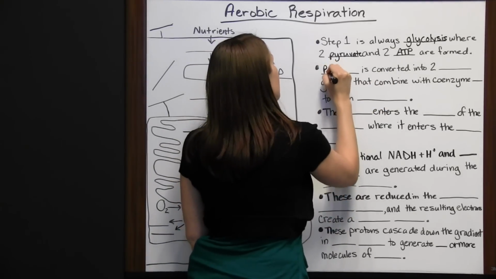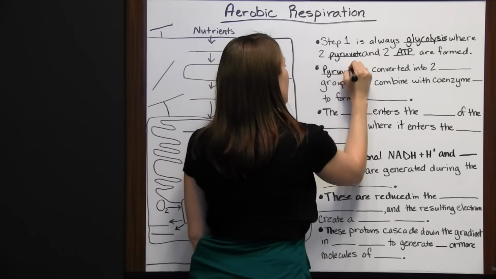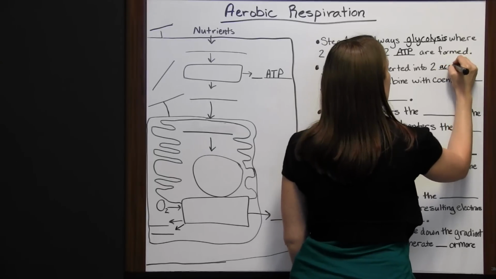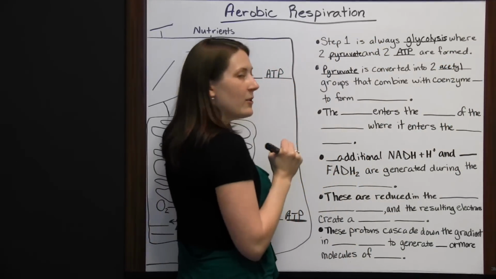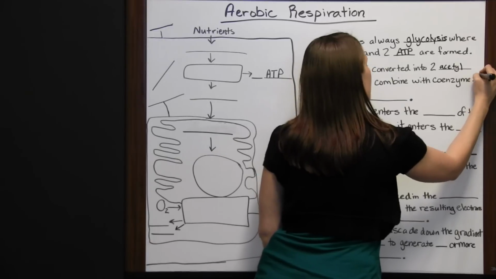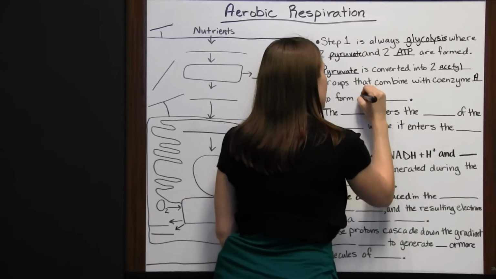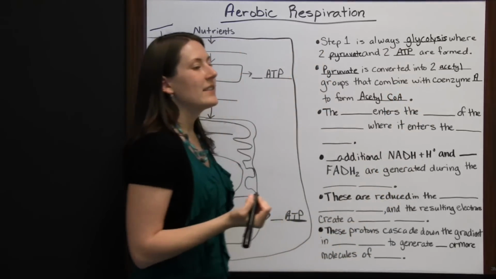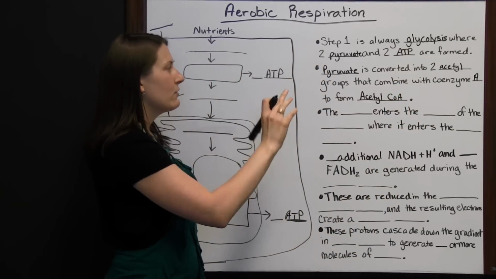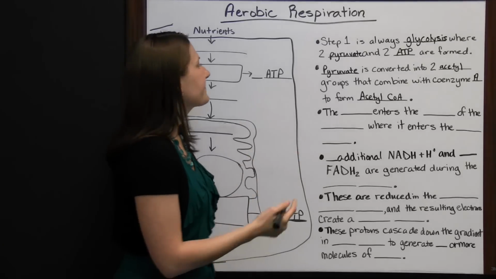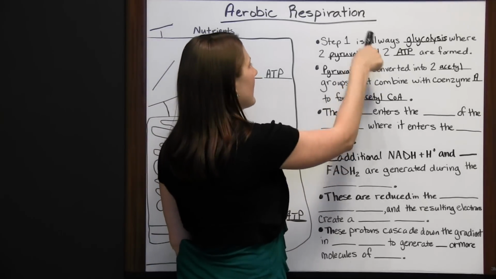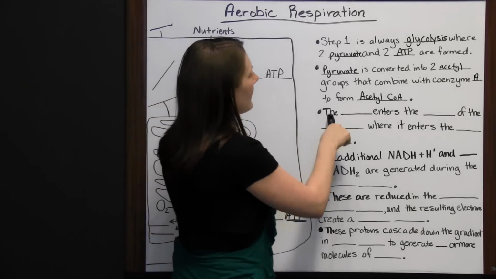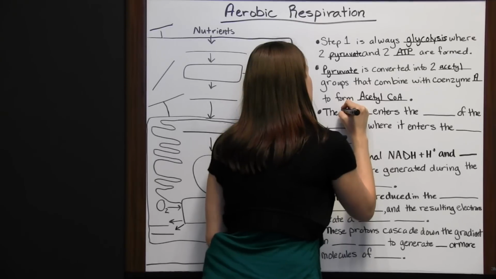So the next step is where our pyruvate is converted into 2 acetyl groups that are combined with coenzyme A to form acetyl CoA. And that's just an abbreviation letting you know it's the acetyl groups combined with coenzyme A. And we got this from pyruvate, which we got from glycolysis, where some glucose was broken down. So let's keep going. Next, the acetyl